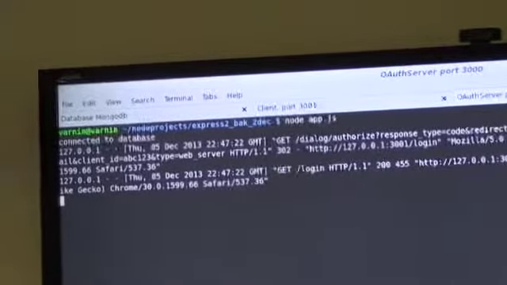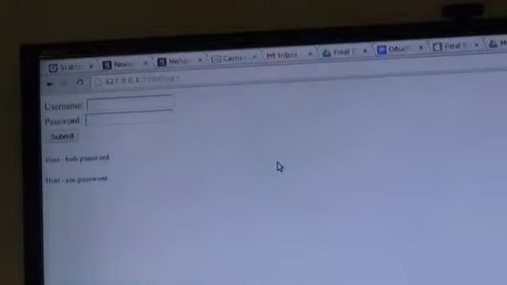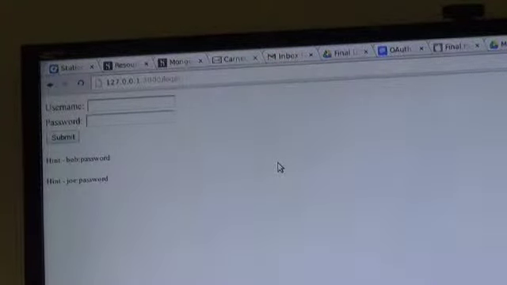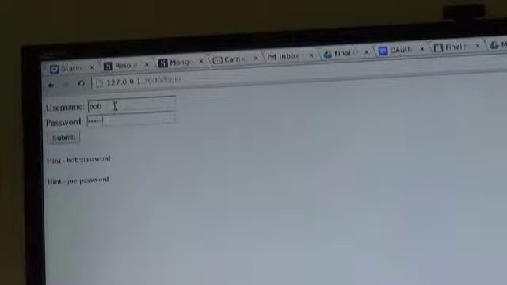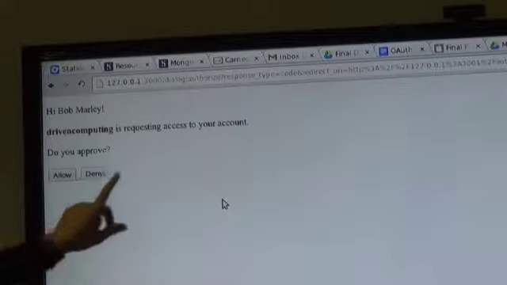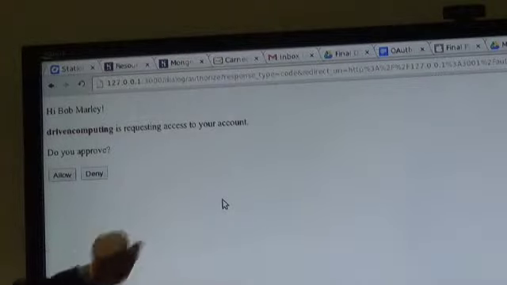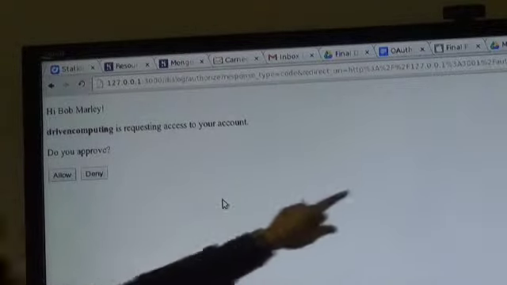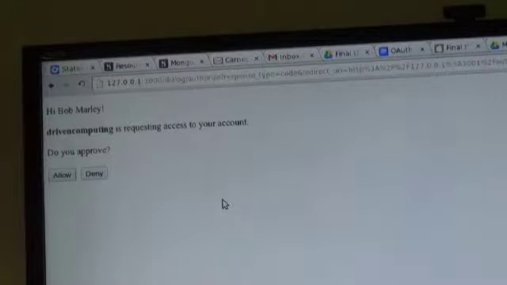Who are you? I don't know you. So right now the server is asking the user to give his username and password. We have a dummy user Bob. Once the user is authenticated, we can see the URL: what was the response type, redirect URL, everything. What is the client ID? ABC123. That is the client ID.